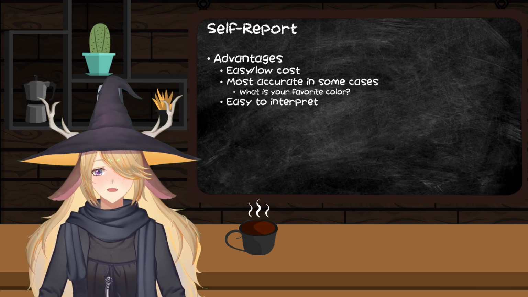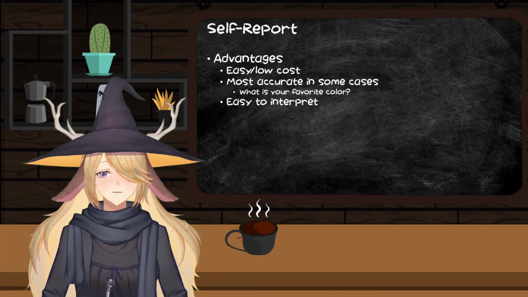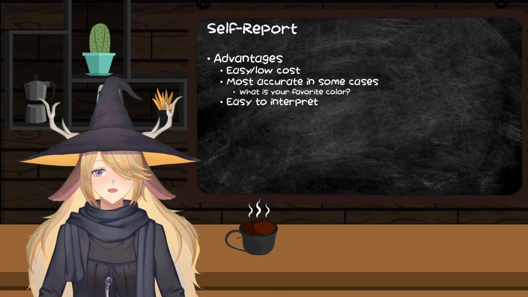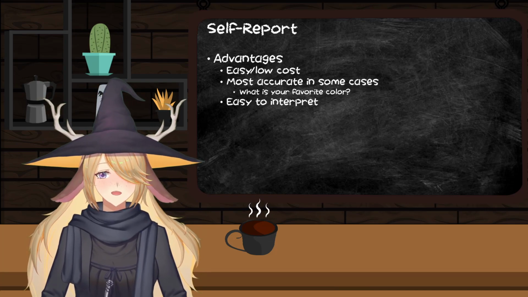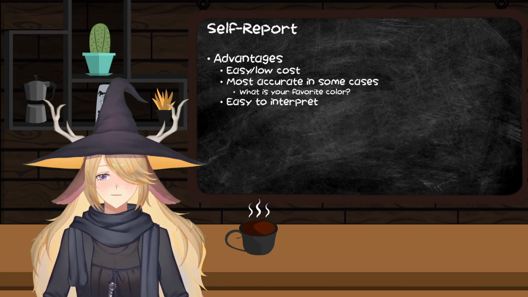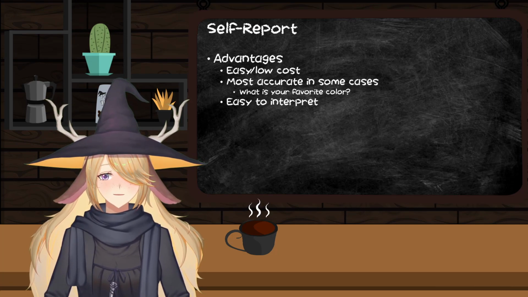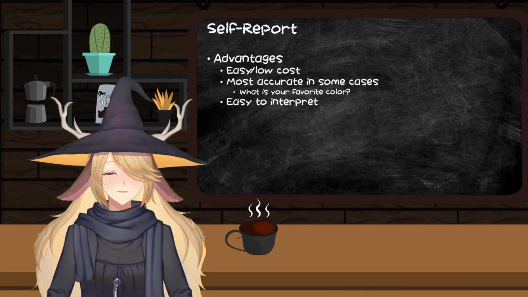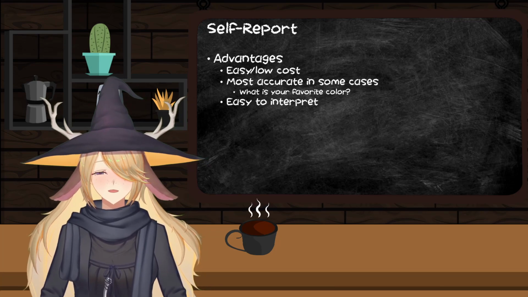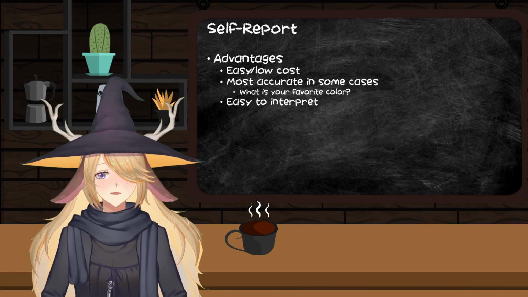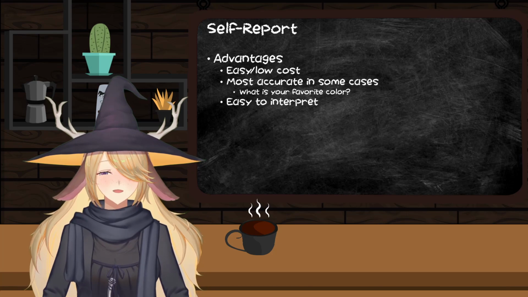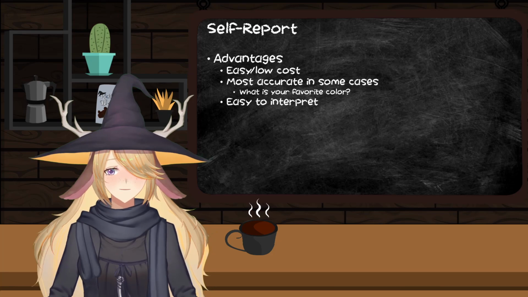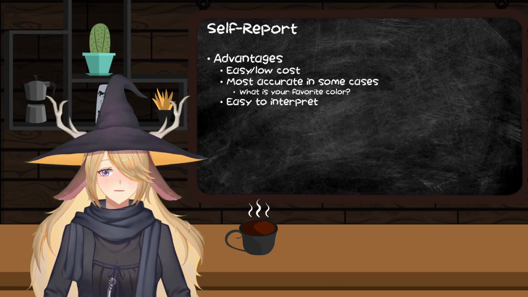It turns out it's extremely easy. Most people are actually very good at telling you how they feel. So I did a lot of work on indirect measures, which we'll talk about in a second. But at the end of my tenure as a grad student, I was actually more convinced that maybe self-report was the way to go. Because at least insofar as you can ensure to people that their responses are confidential and can't be used to identify them, you would be shocked at what people will tell you on a survey.